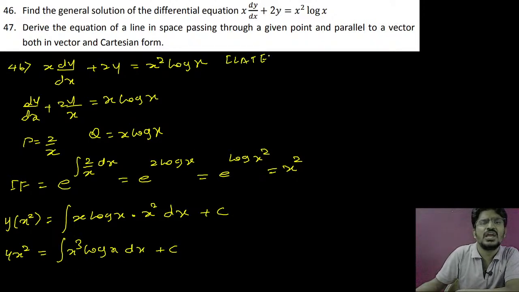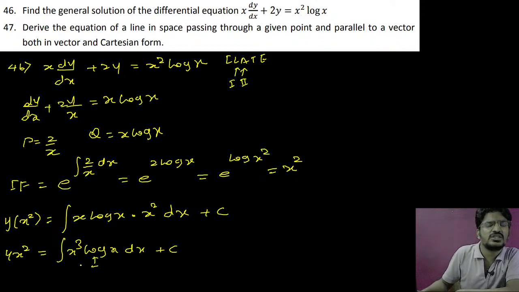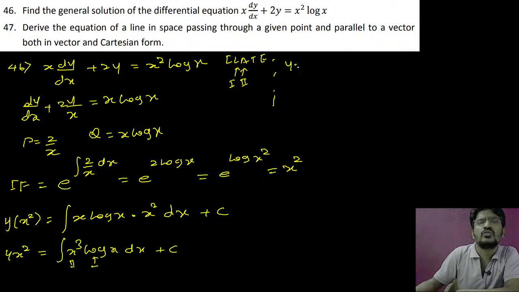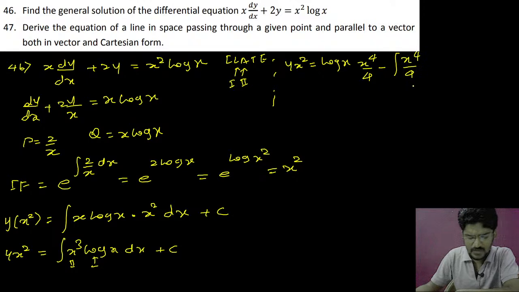Please remember, algebraic and this is logarithmic. Logarithmic is the first function, algebraic is the second function. So therefore y x square equals log x as it is, times the integration of x cube, which is x to the power of 4 divided by 4, minus the integration of this term, written as it is, x to the power of 4 divided by 4,